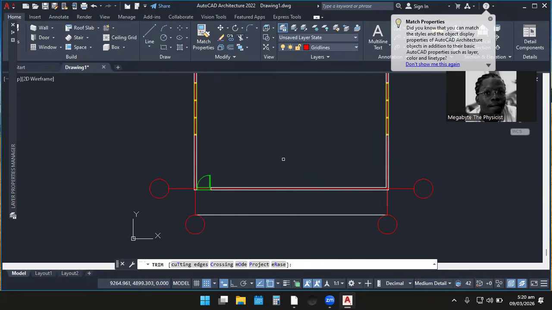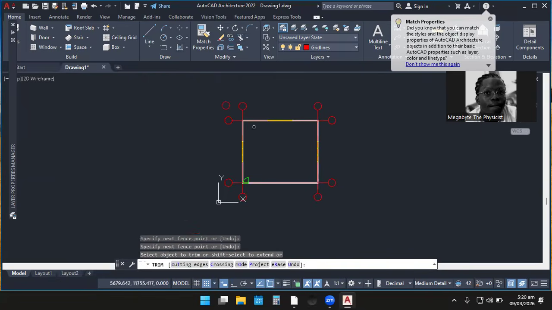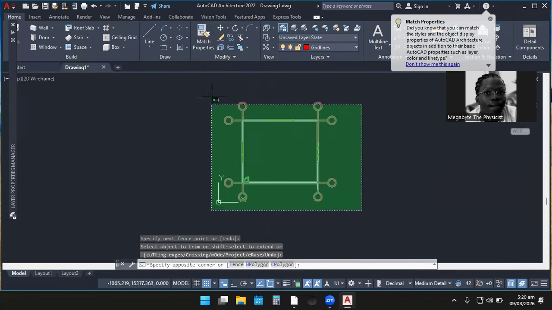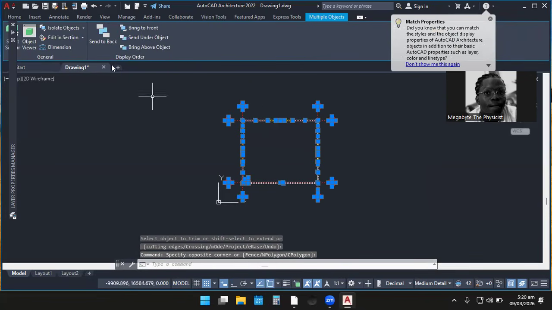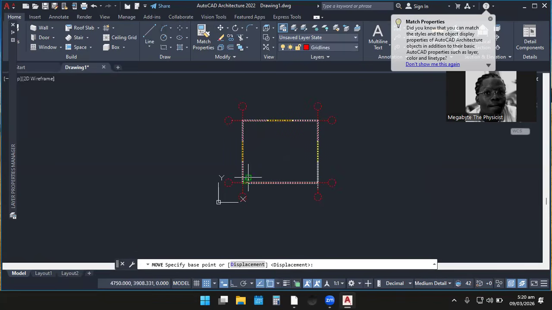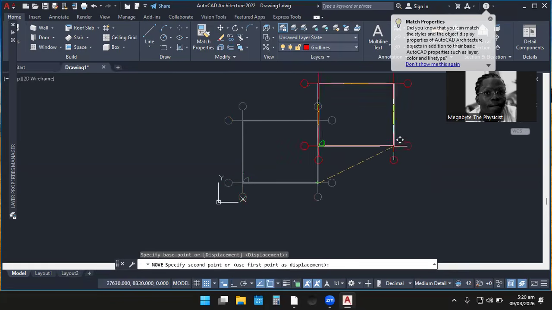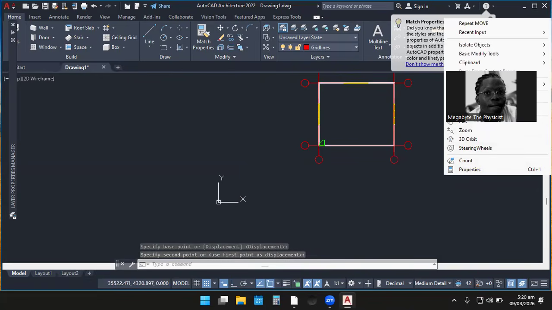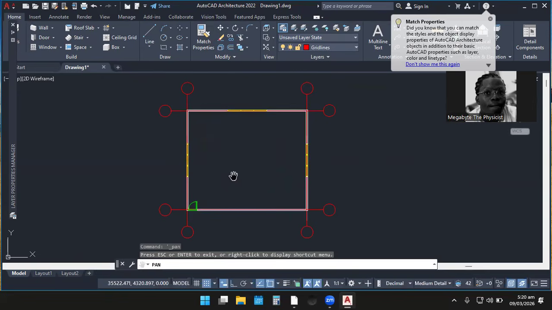Now let me trim the unwanted part. I don't like here, so I just trim it, you see. I can even trim the main one too. If I want to move this, it's just a matter of highlighting it. So let me use the green screen to highlight all, and then I can come to home, click on move. I can just select a base point. Then I can move a drawing a bit far from that. Then we can now draw. So it's not anything scary.